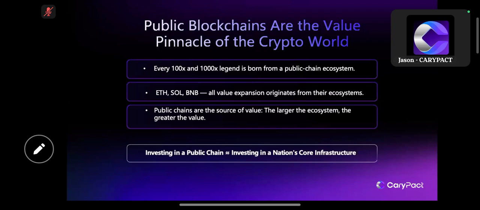What is meant by a public chain? Ethereum, Solana, BNB, all those are public chains. The main question is how to identify whether it is a public chain or not. I believe most of you have this question. There are 2 ways to identify it. First is through the gas fees. Remember, when you do a transaction, you need to pay a gas fee in the crypto world, correct? The coins you pay gas fees with, that is a public chain.